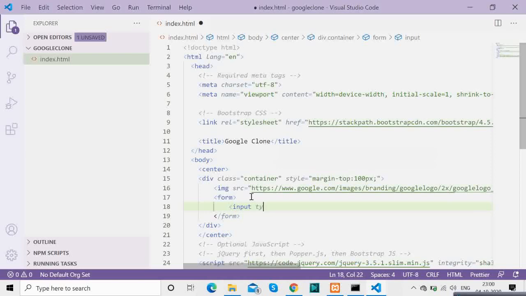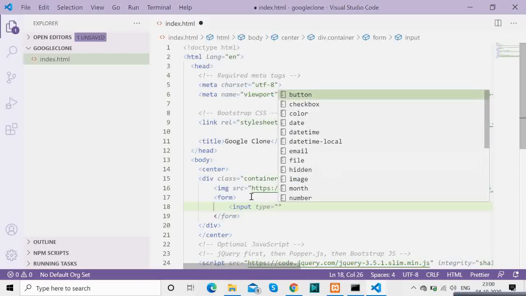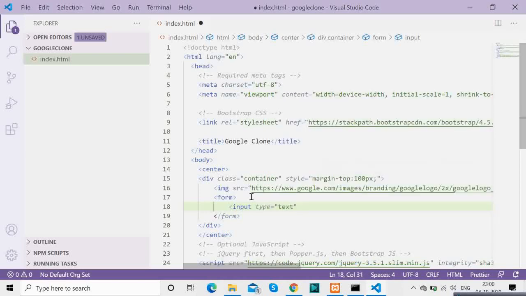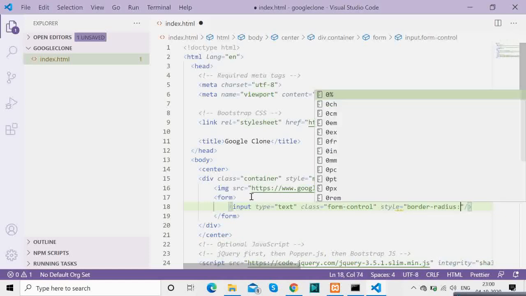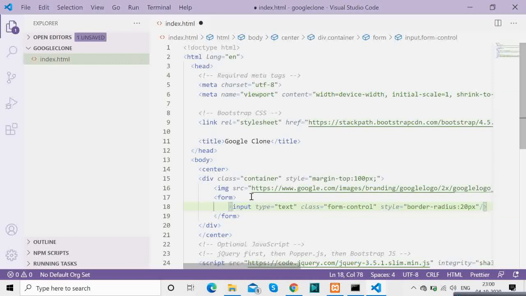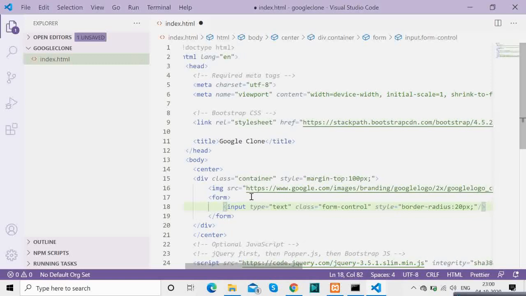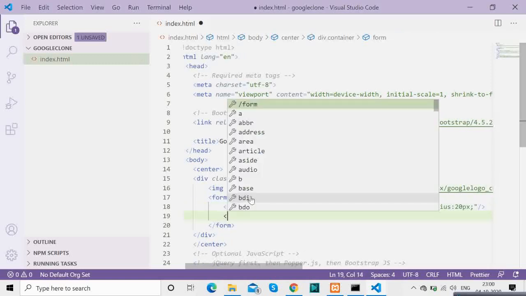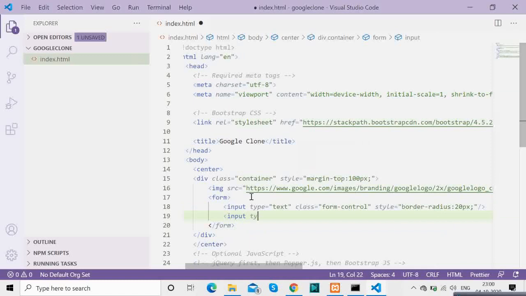Means whatever you want to search, you will be writing it over here. Okay, so this is the place, and we are giving it a border radius of 20 pixels so that it looks exactly like Google's text box. Okay, and we are having a submit button, and we are giving it a class of btn-light, which is a Bootstrap class, so that it gets that same exact feel like Google. Okay.